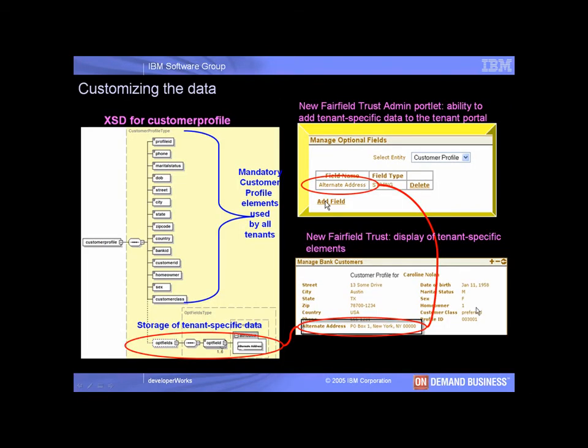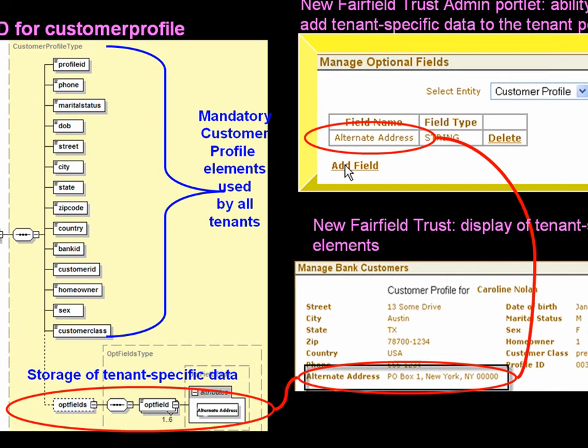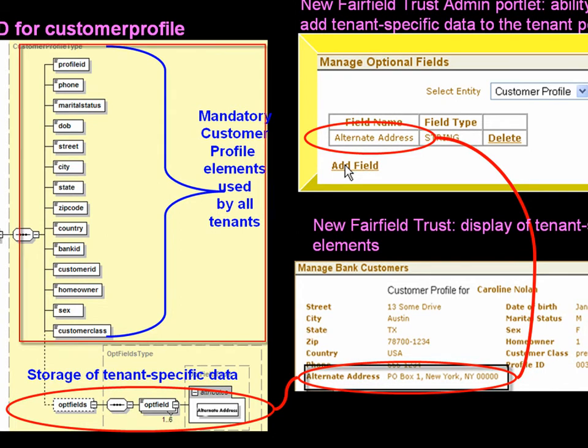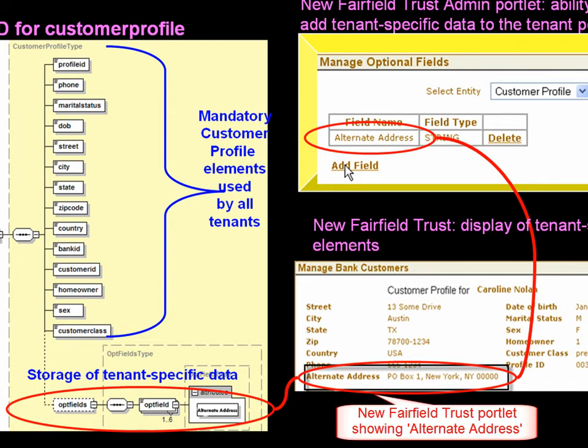We also provide the ability to customize the tenant data. For this functionality, we use the pure XML capabilities of DB2 Express C v9. We define an XSD for the customer profile information that contains mandatory elements and 6 optional elements. A tenant is able to use any or all of those 6 optional elements to store tenant-specific information. When the portlet is rendered with the customer profile data, only the populated optional fields are displayed in addition to